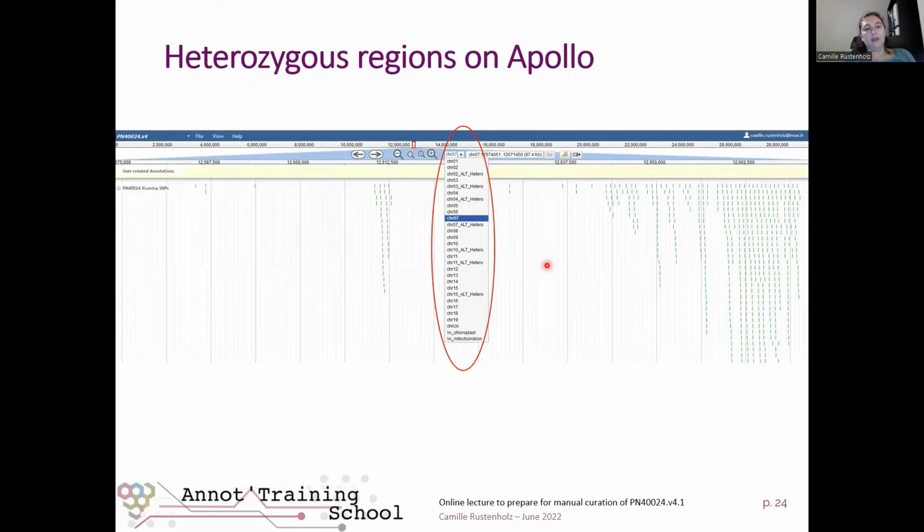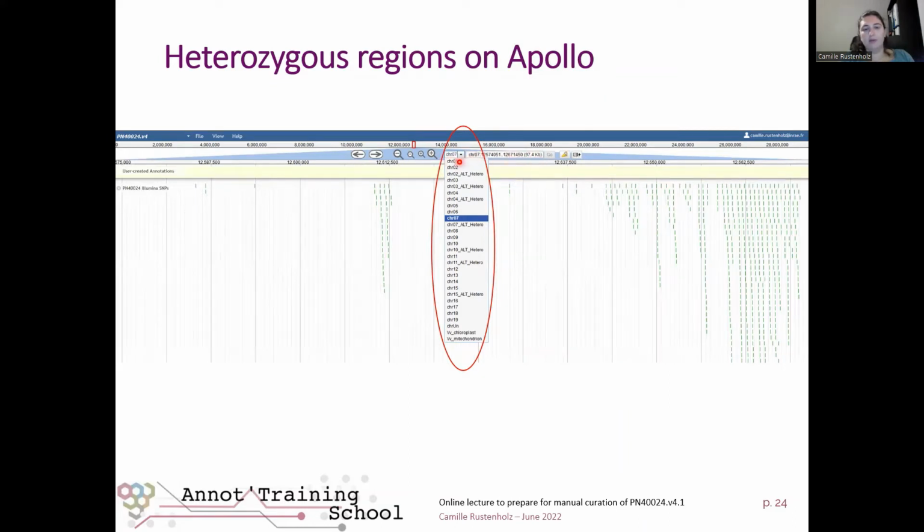So how are you going to visualize these heterozygous regions using the software that you're going to use the whole week? This software is called Apollo. This is a screenshot of Apollo, the Apollo of PN40024.v4. We will introduce you to this tool in detail during the training school, but briefly, here you can